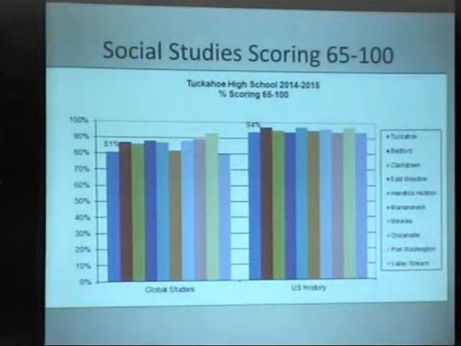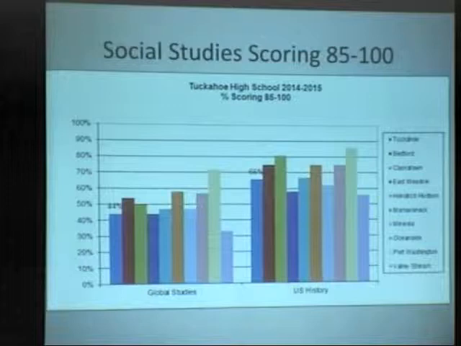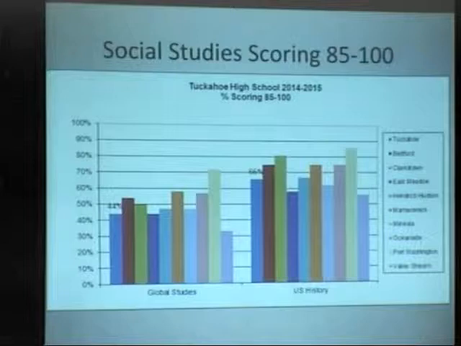Let me give you the mastery for the social studies. Global studies, 44%. U.S. history, 66% achieved mastery. The 44% of global studies was obviously impacted by the summer school scores. You had kids, August of 2014, they were not shooting for mastery. I wish they would, but they're looking to pass the course they had a problem with the previous year. Moving along,